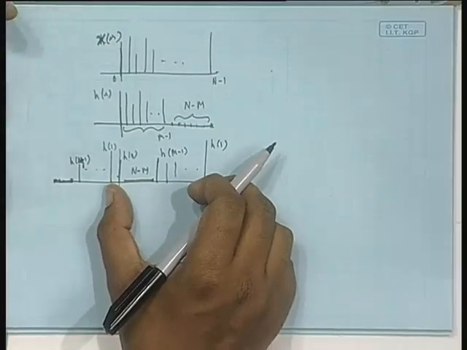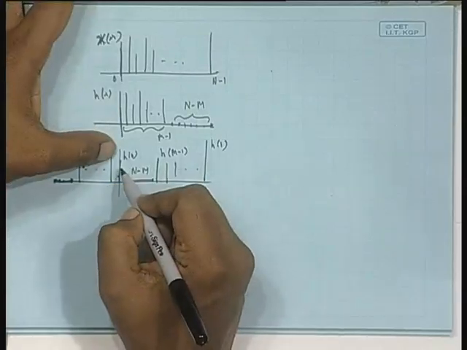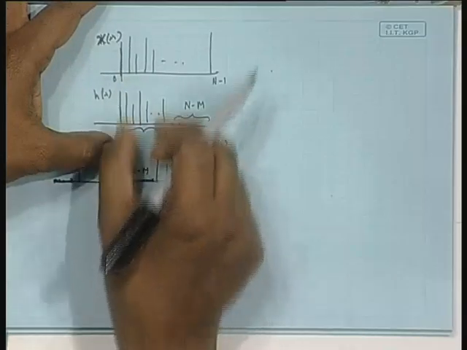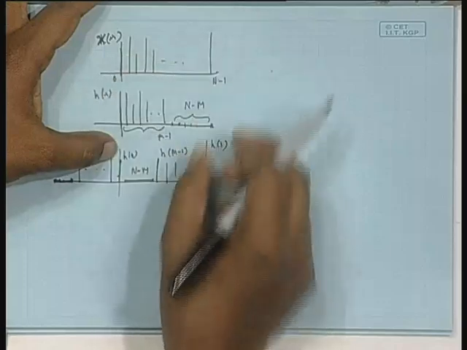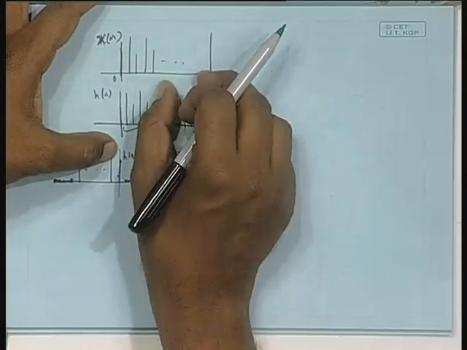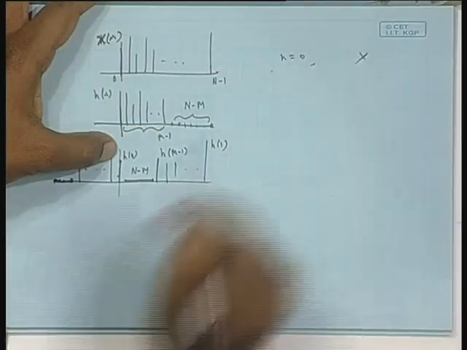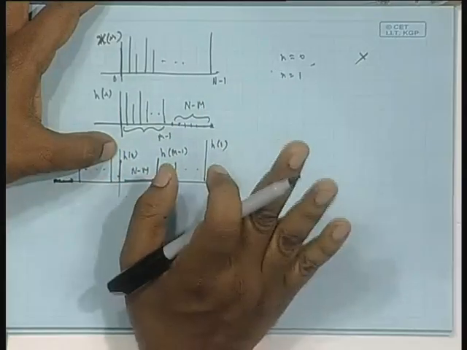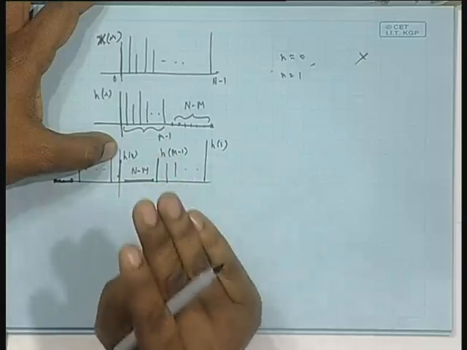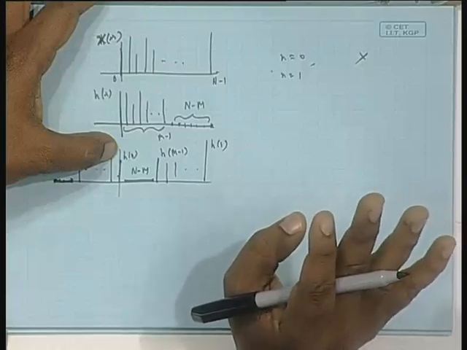Now, you can easily see I will not get the correct result. Why? Because correct result means for the 0 shift, I should have only h 0 into x 0. These samples are taken care of, some samples coming from here, these zeros, but these guys are not taken care of by some 0 here, because I did not place those zeros. So, I am getting an incorrect result. So, at n equal to 0, incorrect. For n equal to 1, I am not bothered about the correct expression, I just want to find out where correct, where not correct. Correct means against linear convolution. So, at n equal to 0, I get an erroneous result as far as linear convolution is concerned.